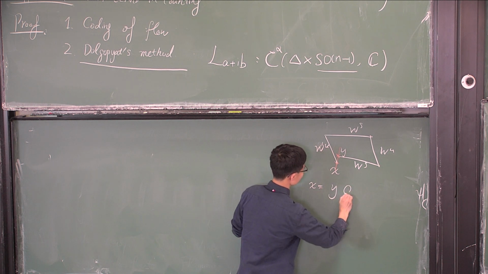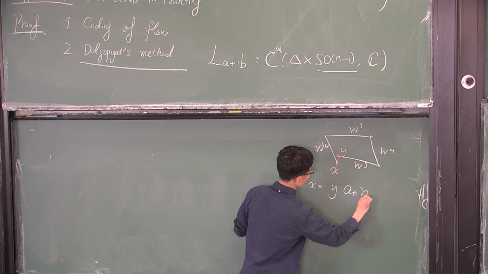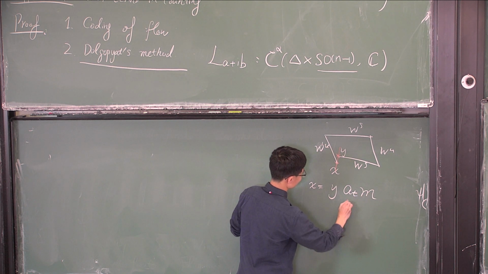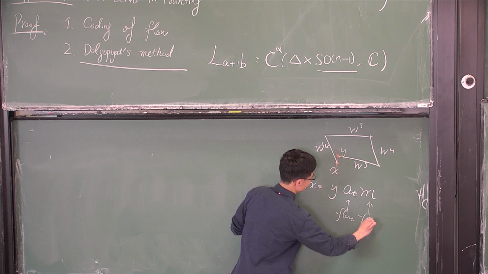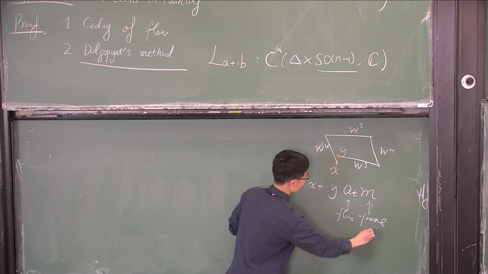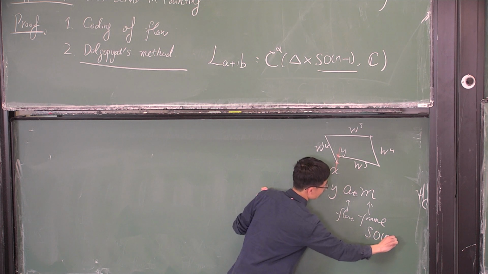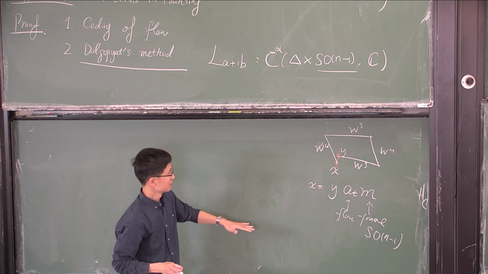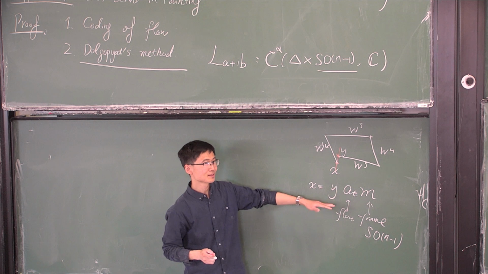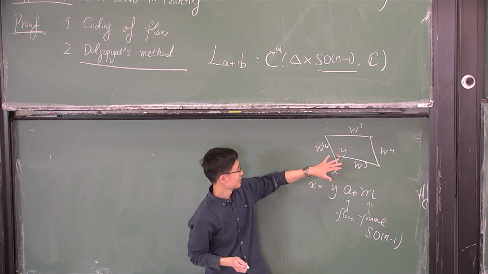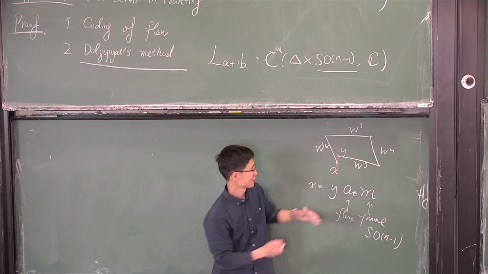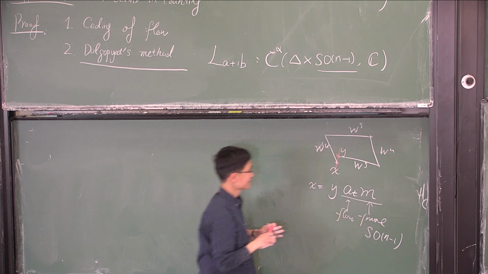Let me try to write it in this homogeneous coordinate, like some a_t and some m part. So this is the flow part. This is the frame part, inside SO(n-1). Then the condition, roughly speaking, is that you want to do this kind of thing, and you will get this